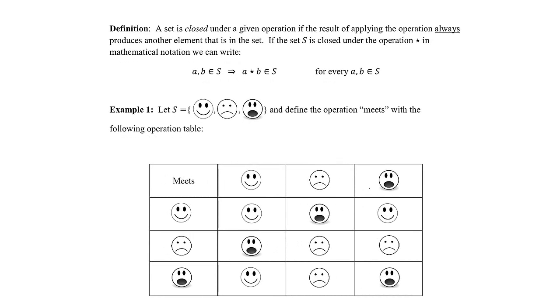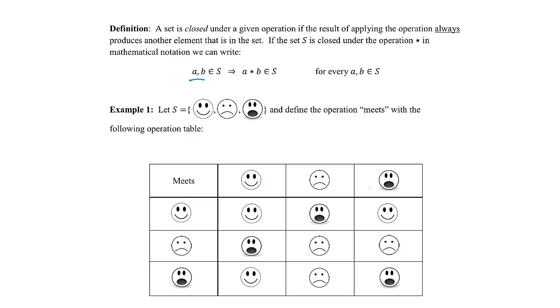So a set is closed under a given operation if the result of applying the operation always produces another element within that set. And that key word always there is important. Every combination using our operation produces another element in the set. If the set is closed under the operation, in notation we can write AB is an element of S, so